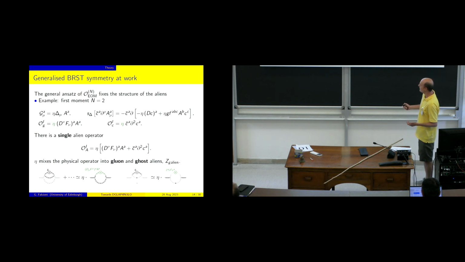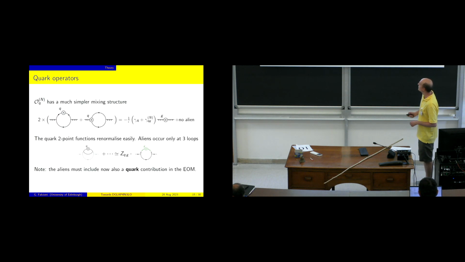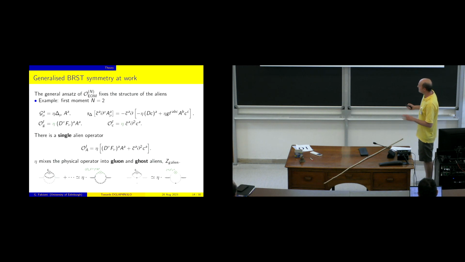So I will have just one alien with one mixing coupling from the physical operator into the alien. And diagrammatically, the meaning is that I showed you before these diagrams. Well, okay, this is a subdivergence that will go like this vertex, like this df times A, and the mixing is some number eta that I can compute in principle from the 2-point gluon operator. This diagram will have a mixing into this kind of vertex, and the mixing will be exactly the same, and I can get this mixing by computing this 2-point subdivergence only. Of course, once you go to a higher dimension, the situation is more complicated because you can add more and more gluon fields, more and more derivatives. But this is basically how it works.